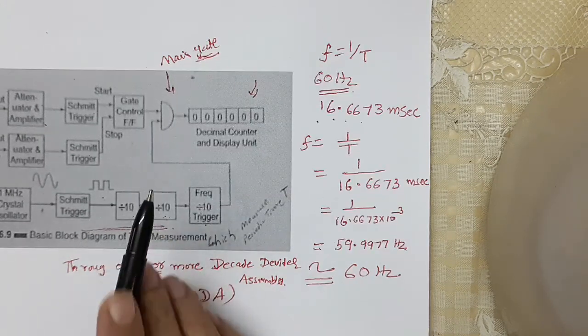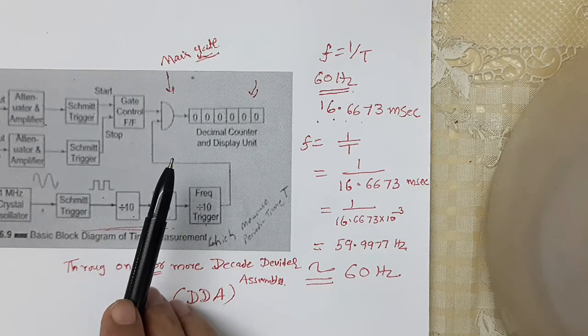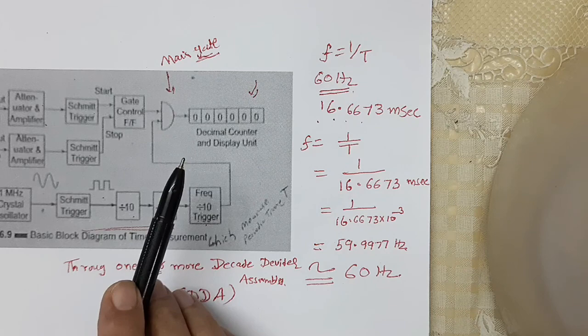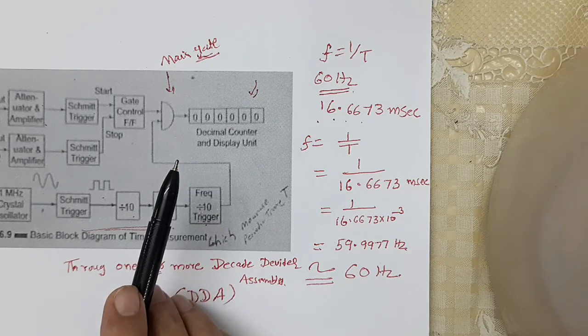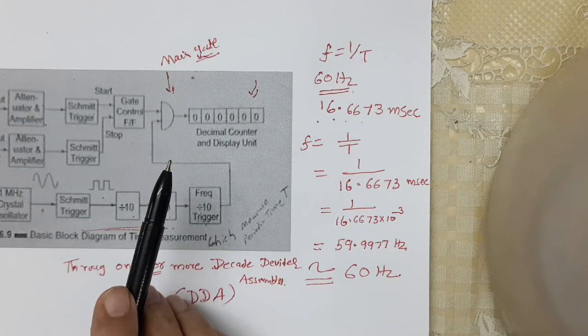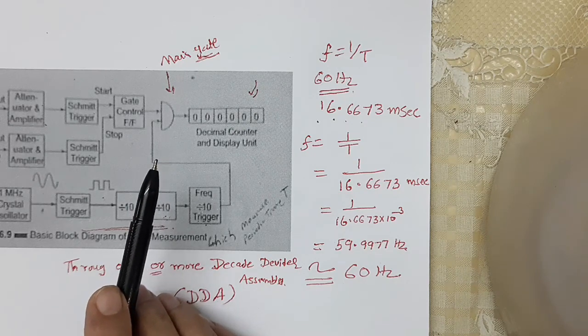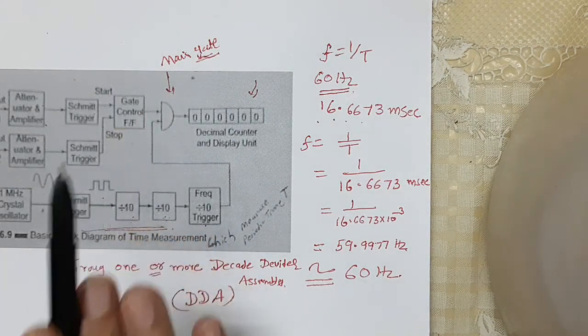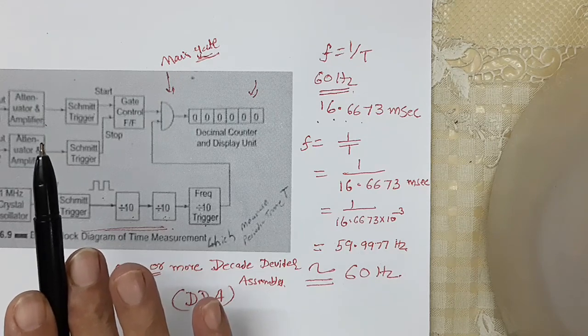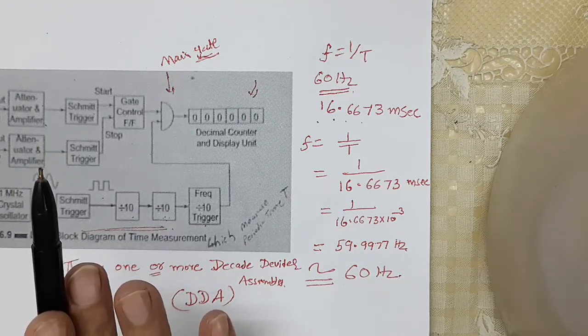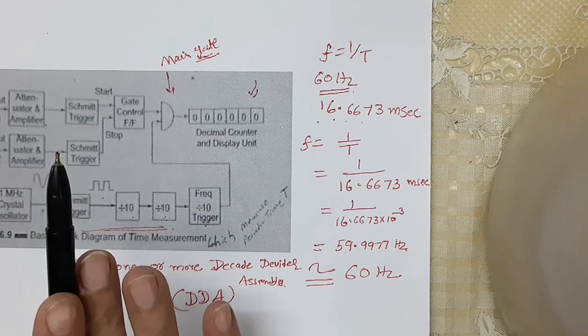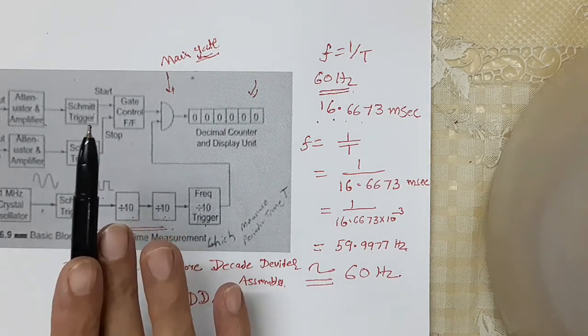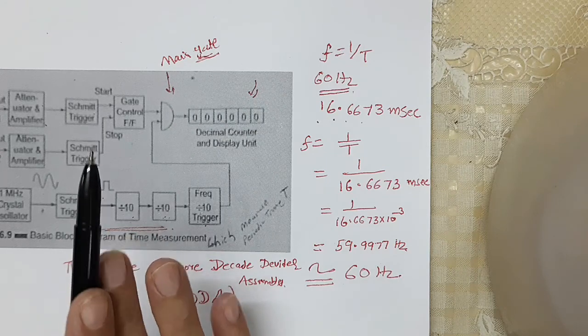However, the decimal point location and measurement units are usually changed each time an additional decade divider is added, so that the display is always in terms of the period of one cycle of the input signal, even though the measurement may have lasted for 10, 100 or more cycles. So I repeat, the digital display shows more digits of information, hence increasing accuracy. Here the decimal point location and measurement units are usually changed each time an additional decade divider is added.